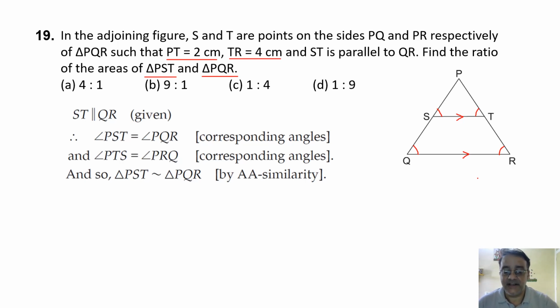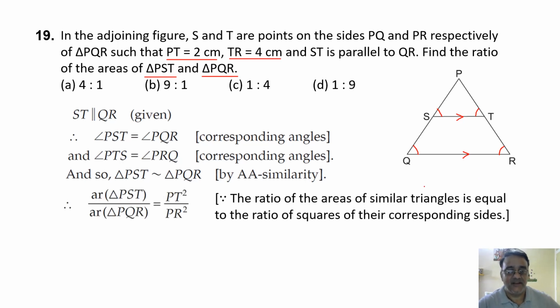That is the ratio of areas of two similar triangles is equal to the ratio of squares of their corresponding sides. Right. Now see, PT is given 2 and TR is given 4. PR को हम लोग लिख सकते हैं, नहीं TR दिया हुआ, PR नहीं दिया हुआ, सॉरी. So PR कितना हो जाएगा 2 plus 4. Okay, PR will be 2 plus 4. Or we can write PT square upon PT plus TR whole square. That is 2 plus 4 whole square. So final answer 2 square by 6 square. 4 upon 36.